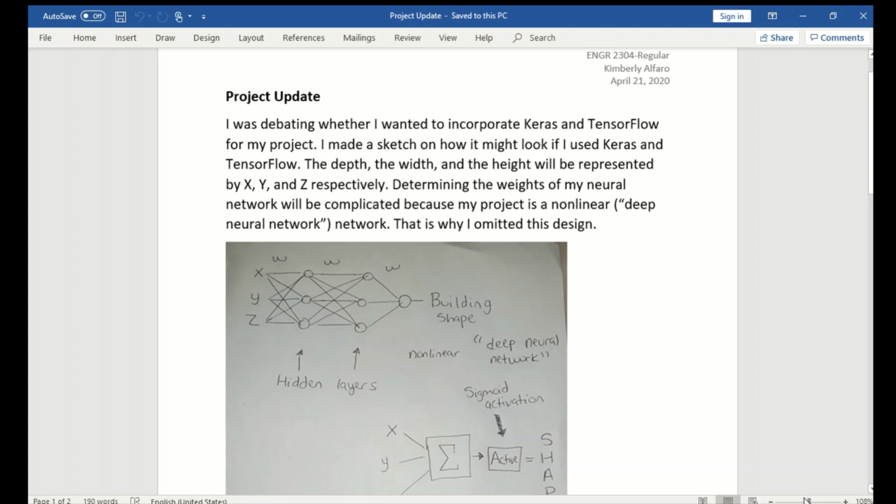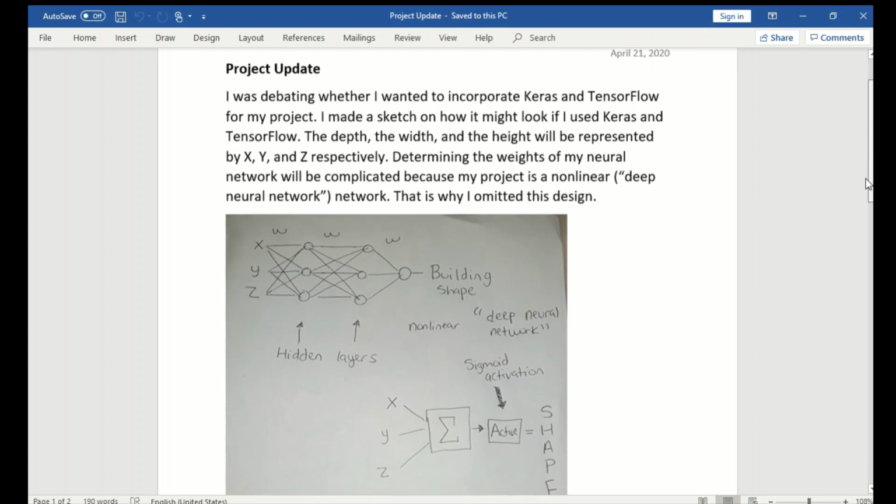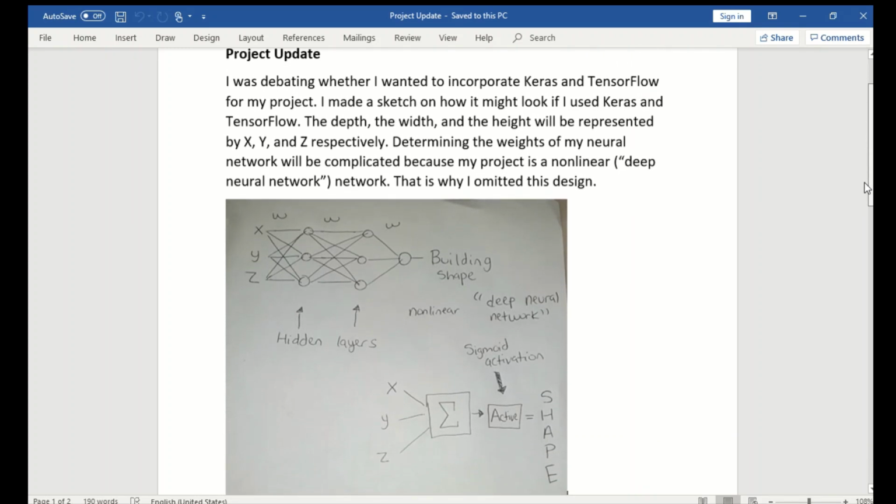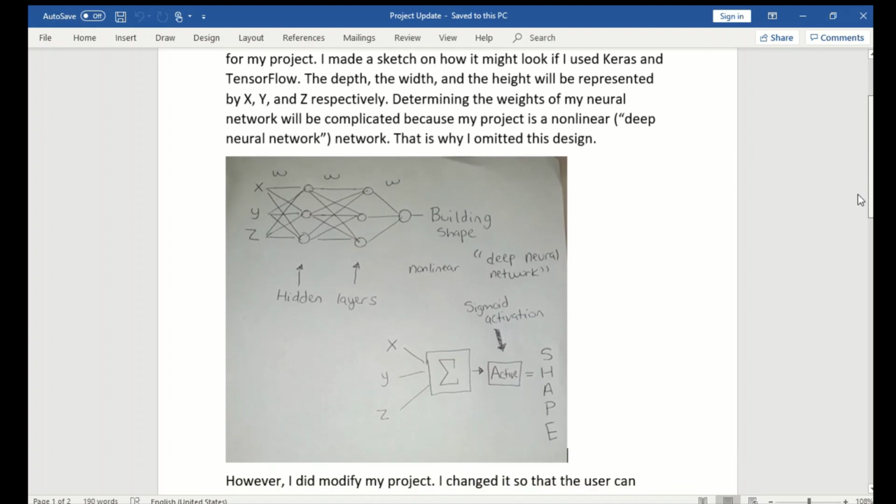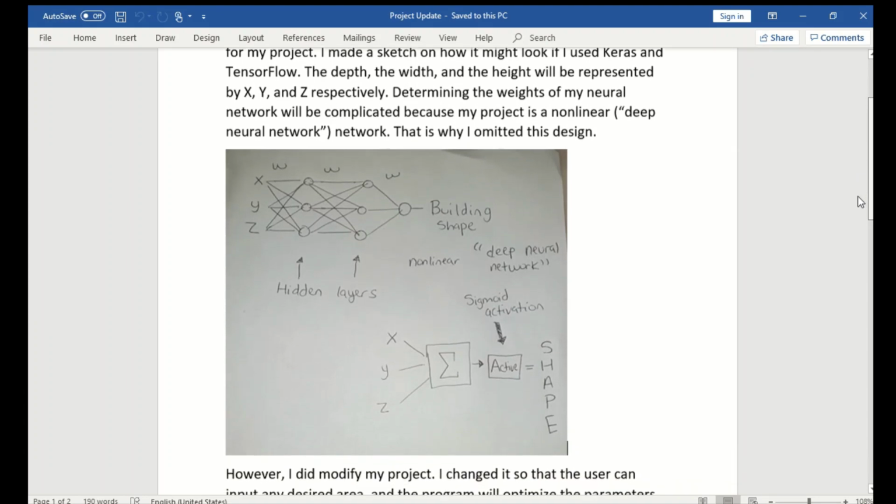For my project update, I was debating whether I wanted to incorporate Keras and TensorFlow for my project. I made a sketch on how it might look if I used Keras and TensorFlow. The depth, the width, and the height will be represented by X, Y, and Z respectively. Determining the weights of my neural network will be complicated because my project is a nonlinear deep neural network. That is why I omitted this design,